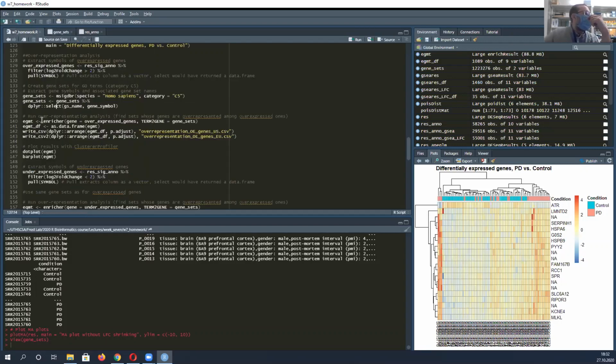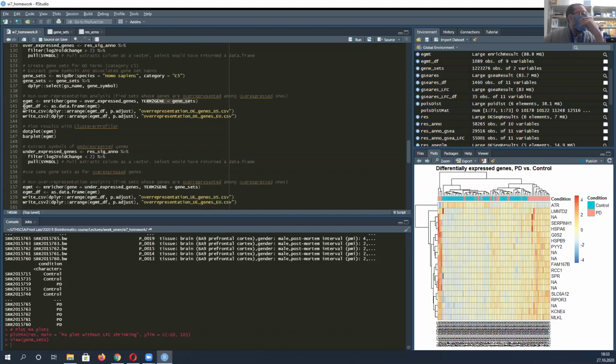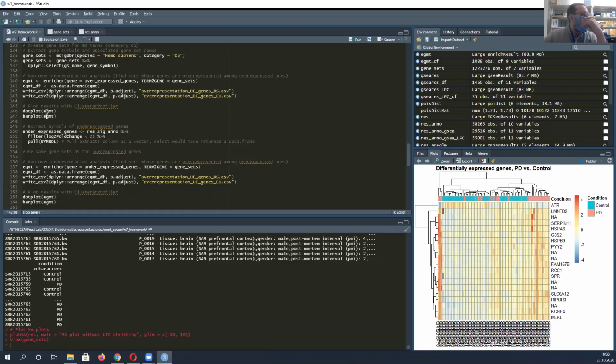So I then run the enricher function that will look for overrepresentation. The genes that I want to search through are my overexpressed genes that I specified up here from my DESeq analysis. The term to genes is the mapping of what I want to do with those gene symbols I pass it, which is the gene sets data frame here that contains gene symbols, which is what I'm passing it here, and it contains the GO terms that go with those gene symbols. I turn the results into a data frame and save them as CSV files because I can, and then I